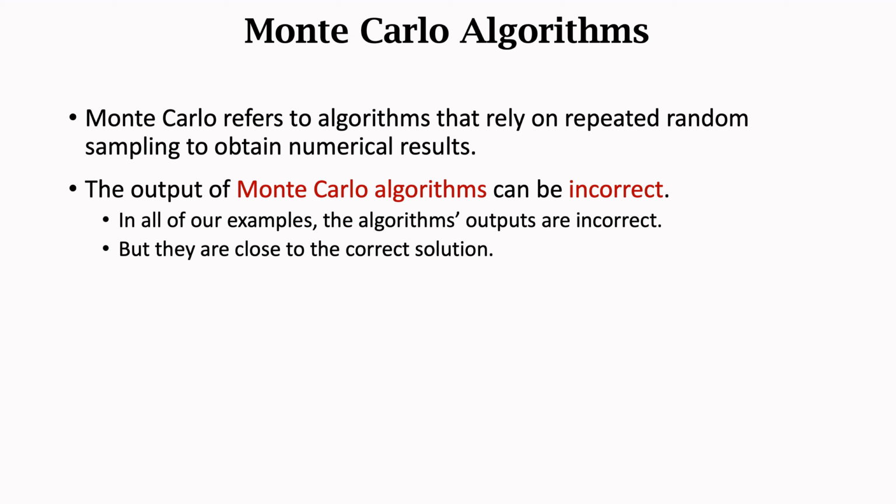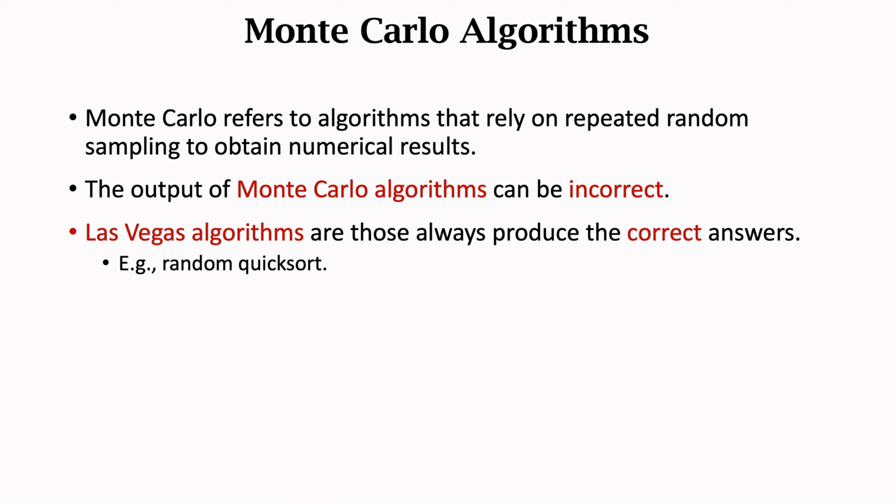Monte Carlo is a kind of randomized algorithms and perhaps the most well-known randomized algorithms. Besides Monte Carlo, there are many types of randomized algorithms. Las Vegas algorithms are randomized algorithms that always produce the correct answer. For example, randomized quicksort is a kind of Las Vegas algorithm. The quicksort algorithm is random, but it always outputs the correct answer. The randomness does not hinder the correctness.